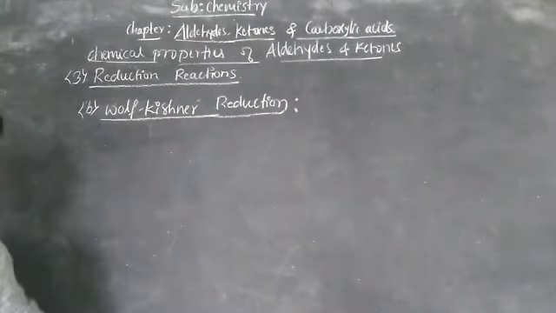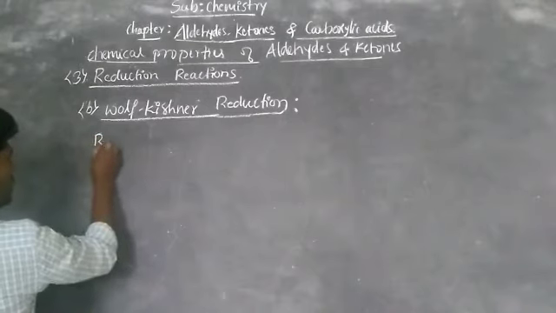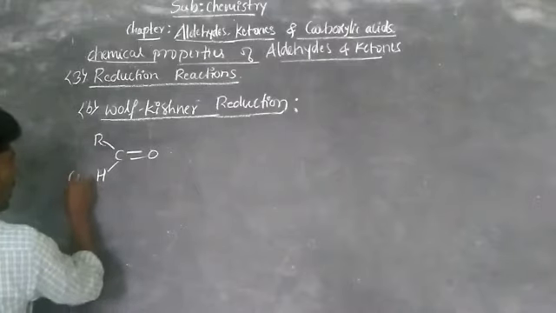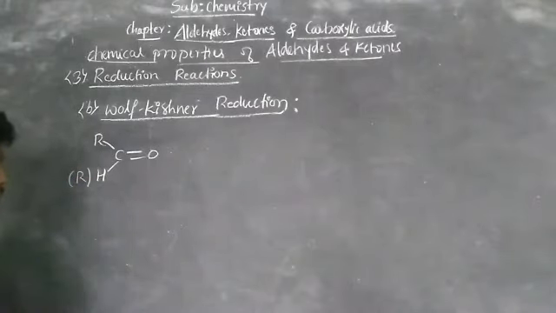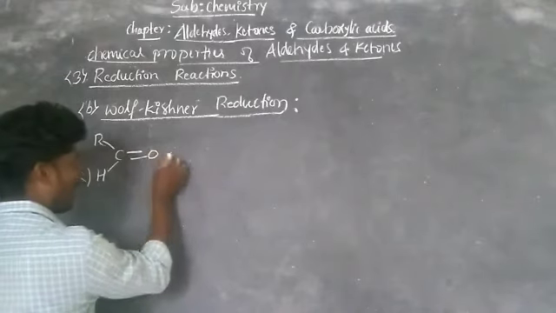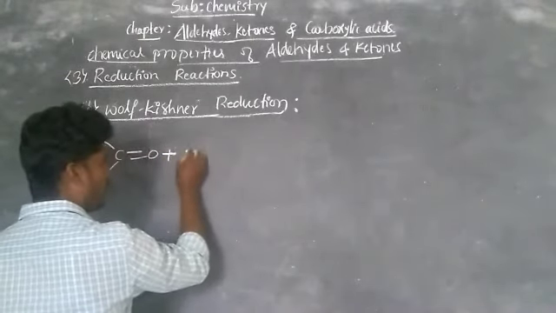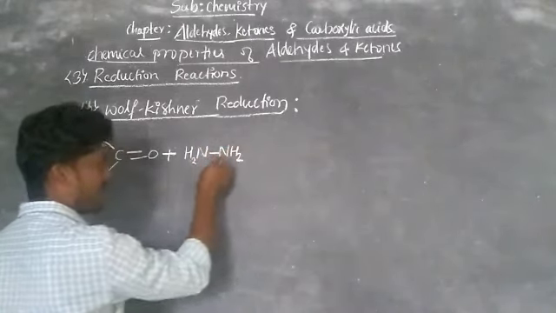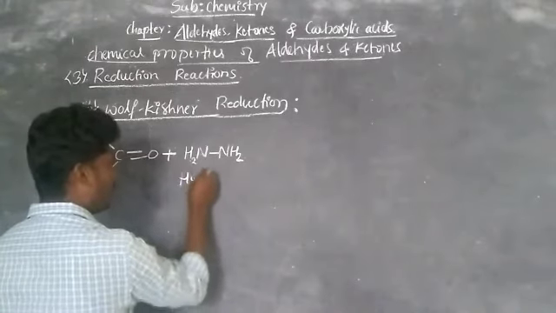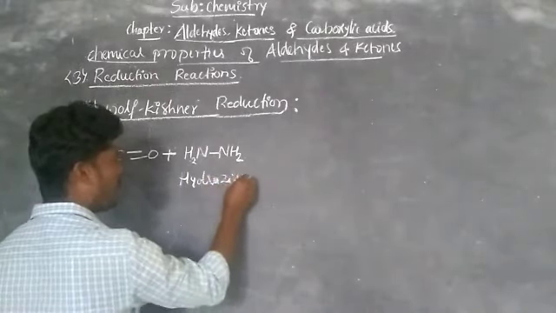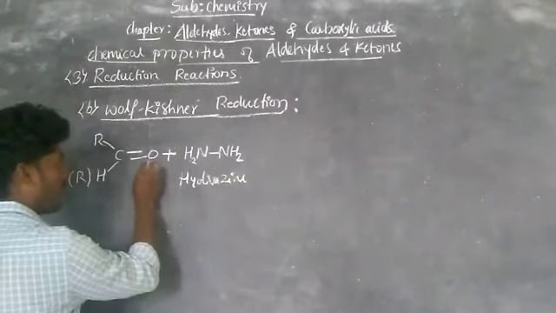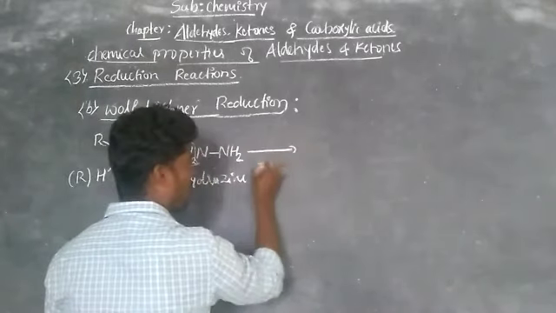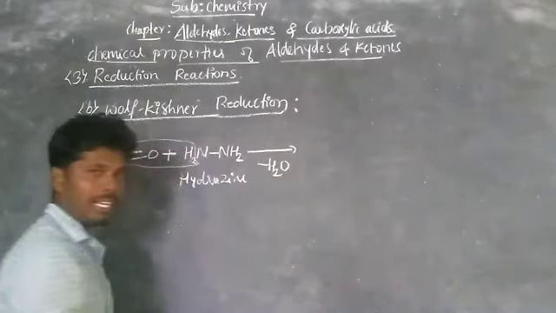Now take generally aldehydes or ketones, that is R, C double bond O, bond H. This is aldehyde, or in place of H we write R, ketone. Okay, this undergoes condensation with hydrazine, that is NH2-NH2. So this is the hydrazine. Already you studied. So when we put hydrazine, what do you get? Condensation product, right? This is H2 and O becomes what? Water. So we write eliminating water, that is minus H2O.